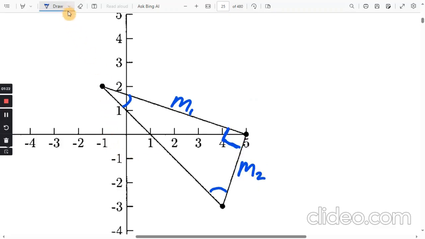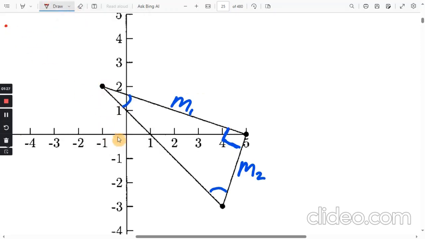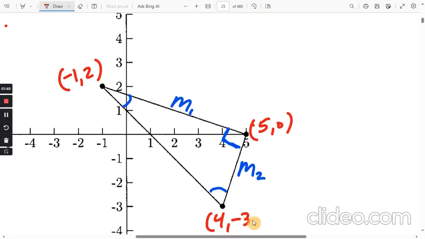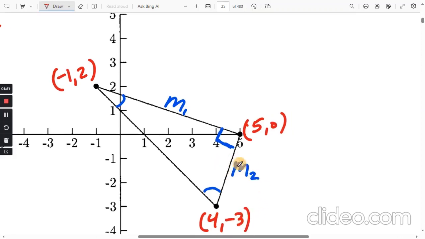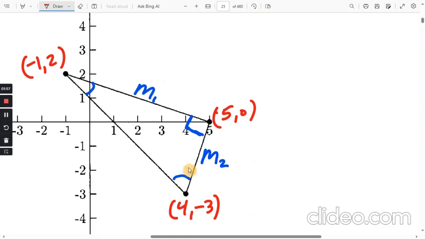All right. So this point over here, I'll do it in a different color. This point right here is -1, 2. This point right here is 5, 0. And this point right here is 4 on the X and -3 on the Y. All right, so now we only have to do the slope twice. And we don't need the slope of this line here. If we hadn't drawn it, then yeah, we would probably have to do that. All right, so for M1,